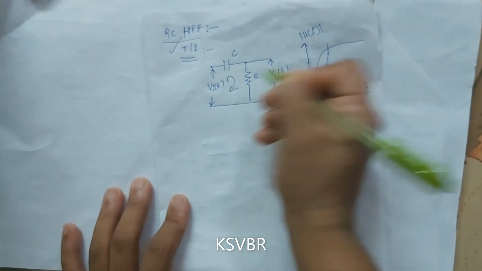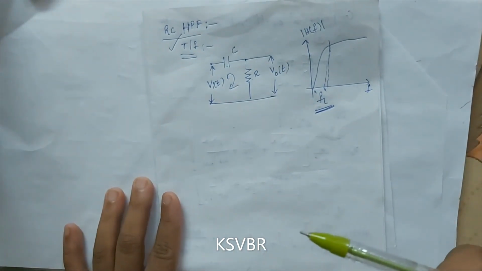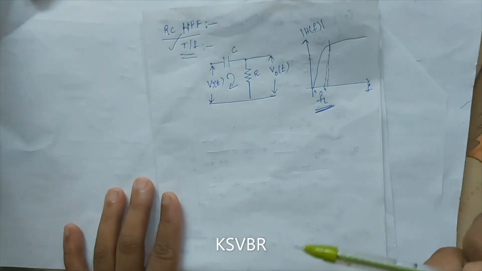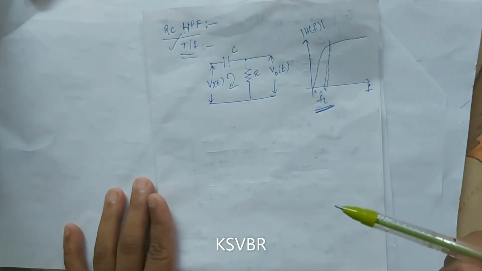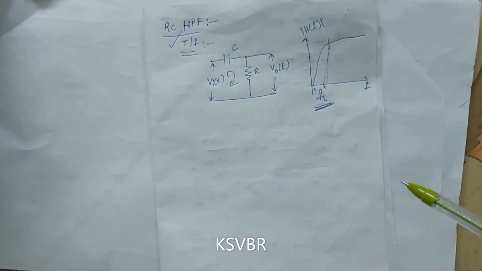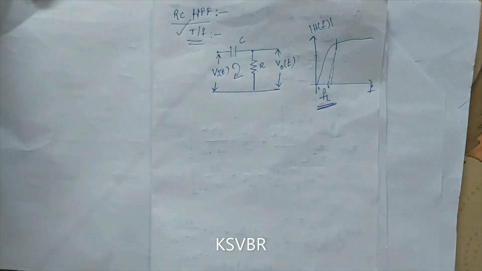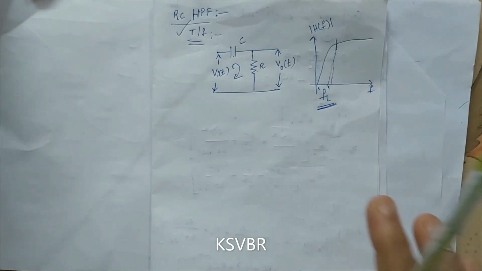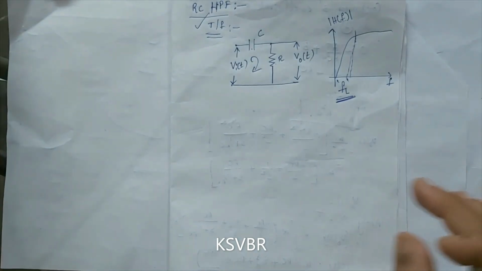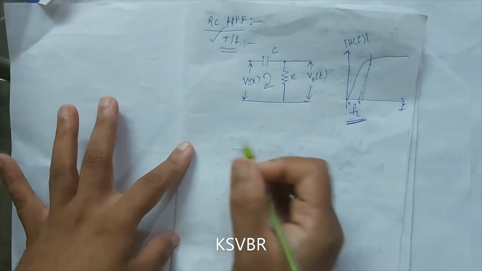So how have we derived the transfer function? We applied KVL, we applied the Laplace transform, and finally we obtained V naught of S by V input of S. One thing we should keep in mind is that the low pass filter is somewhat lengthy and needs more steps, but for the high pass filter, from the transfer function to the sinusoidal response, everything is very easy to derive. The number of steps is also somewhat less. Okay, so now apply